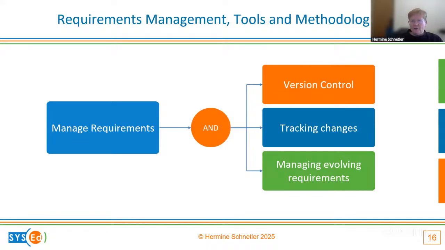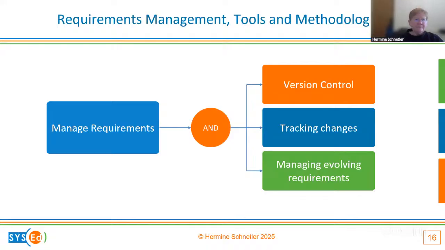For example, I've got a lot of experience with DOORS and Yama, but every day there are new tools available. But it is important to keep your requirements under control, give them unique IDs, and that again goes back to configuration management. You need to version control your software, your requirements as well.